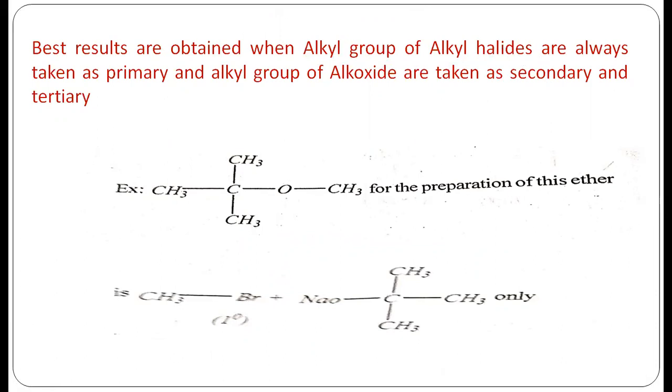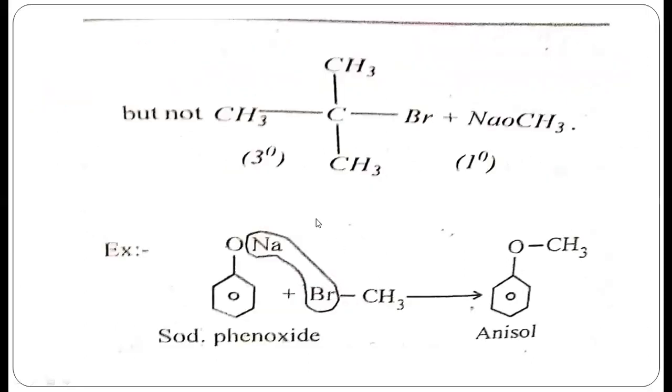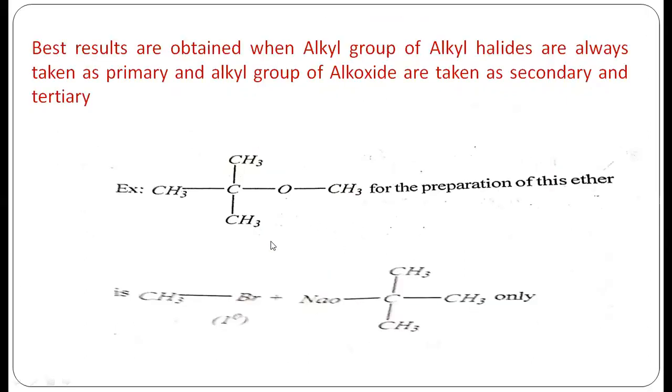Suppose to prepare this compound we take the methyl halide, and it reacts with this compound, then the final product will be formed. Because in this case, after methyl liberates Br minus, this is a primary carbocation, which is highly unstable, so O minus easily reacts here to prepare this compound.